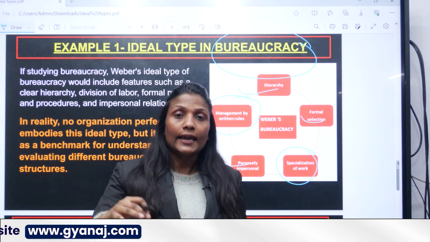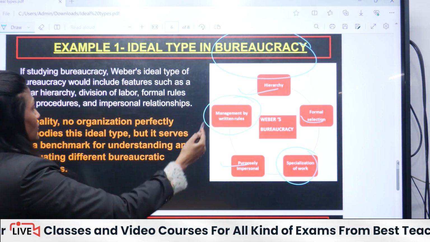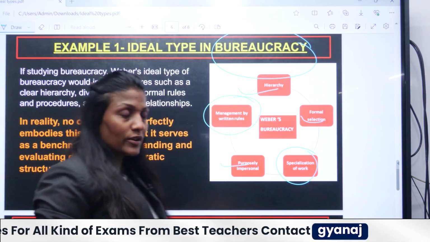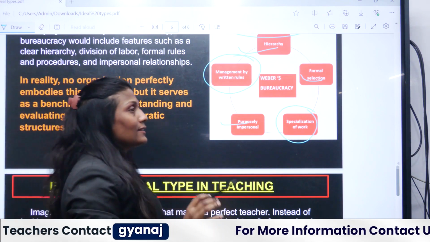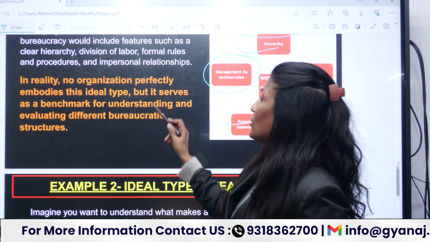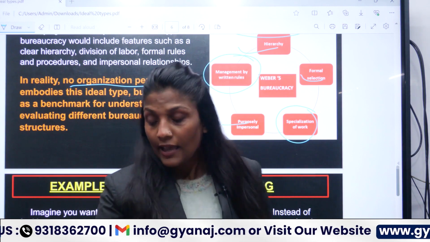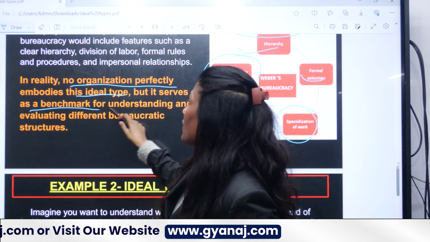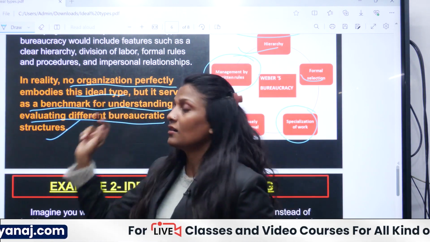Now, in reality, we all know that all these characteristics may not be present in every bureaucratic situation, but it is like a benchmark for us to define bureaucracy. In reality, no organization perfectly embodies this ideal type, but it serves as a benchmark for understanding and evaluating different bureaucratic structures.